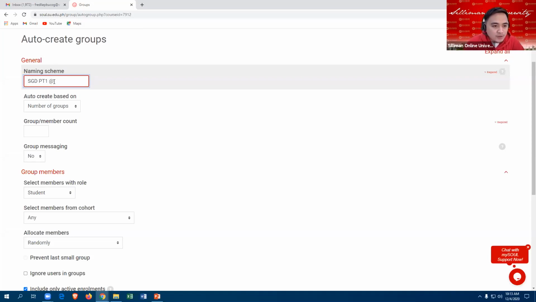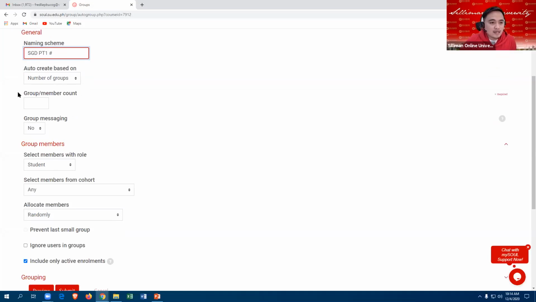So I will use the hash symbol. That's good for numbers. So in this case, I have SGDPT1, space, and then I will use the numbers, so I'll use the hash symbol.